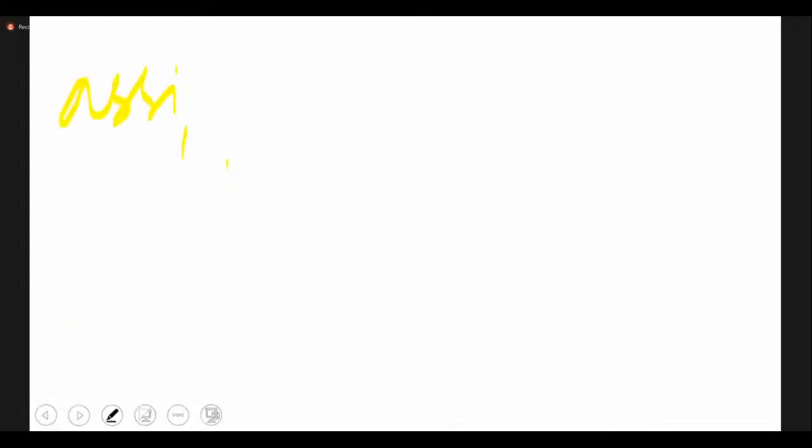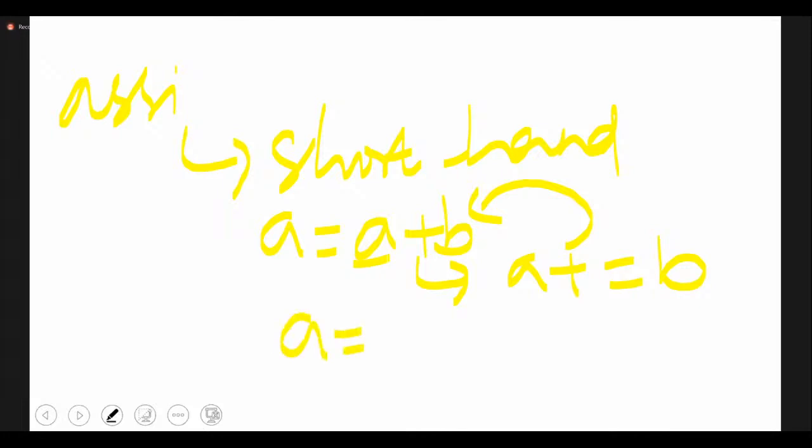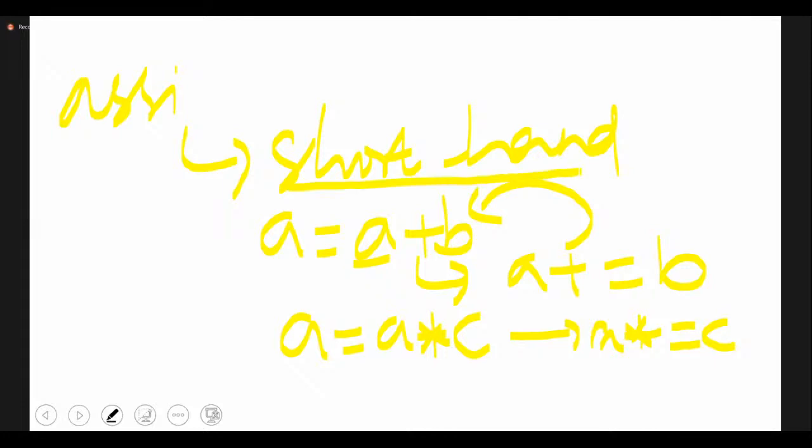In assignment operators we also have shorthand assignment operators. For example, if I have an expression a is equals to a plus b, you can simply make it a plus equals to b. You can reduce the variable usage of more than once. For example, if I have a equals to a into c, this will become a star equals to c. In assignment, you can explain about shorthand in order to reduce the variable usage. You can write one example: if a is equals to a plus b is your assignment operator, the shorthand expression for this will become a plus equals to b. Okay.